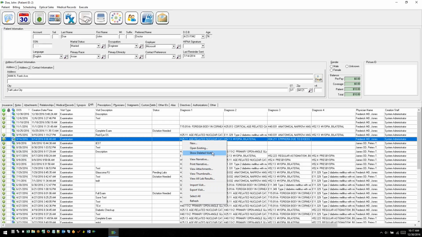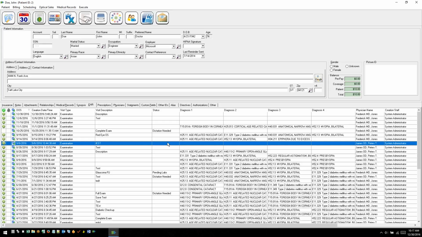The Show Deleted Visits. I want to point out that you can mark a visit as deleted. Now, the word mark is significant here because you can't actually completely remove a visit from our system. Legally, we can't do that, but we can mark it as deleted, meaning we can remove it from the patient's list, we can remove it from meaningful use reporting, that kind of stuff,